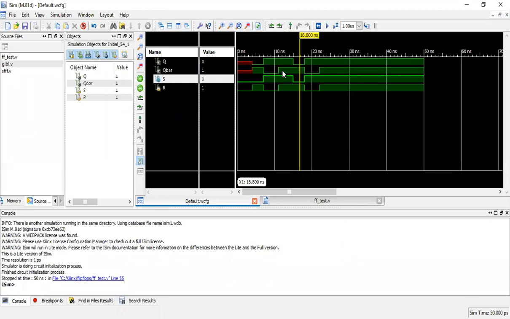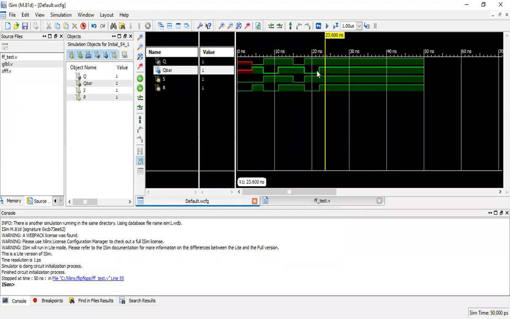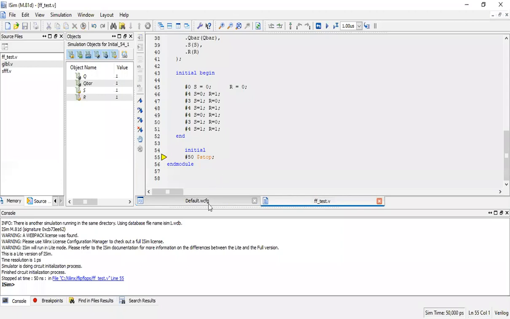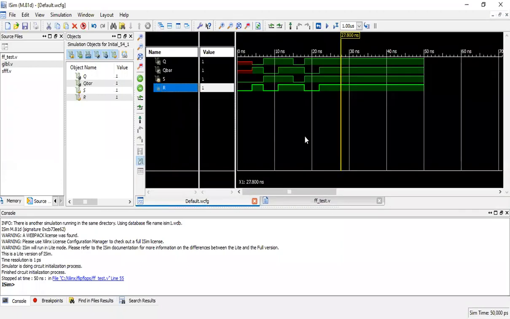Now what is happening over here? In this state where I've kept the timeline, S value is 0, R value is 0. If S is 0, R is 1, what should happen to your Q? Q should be equal to 0. Fine. Let me go to the last state. Okay, here. S is 1, R is 0. We have Q equal to 1 and Q bar 0. The last one is S is 1, R is equal to 1. So this is okay with the timing diagram for latches. Now let us see the time difference in the timing diagram of flip-flop.